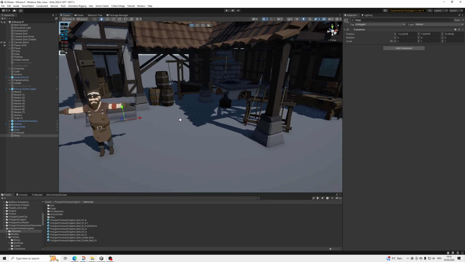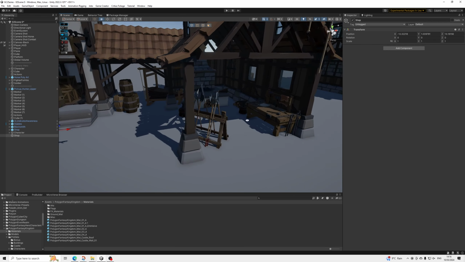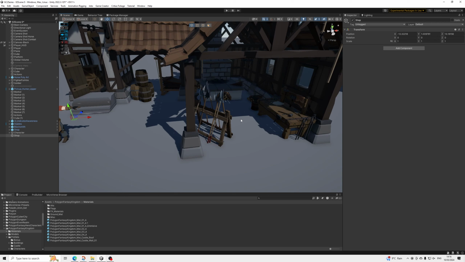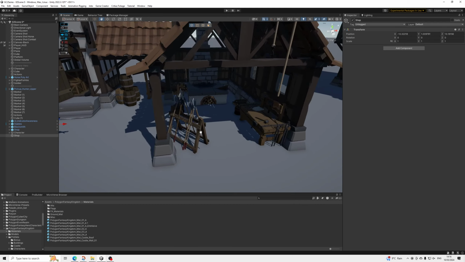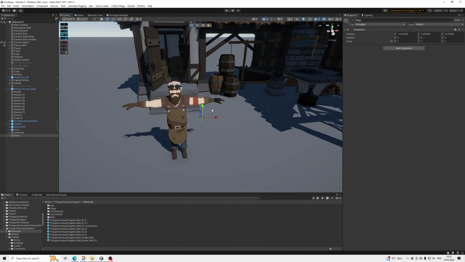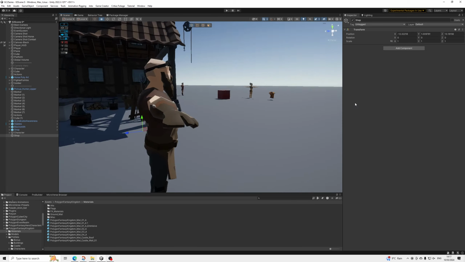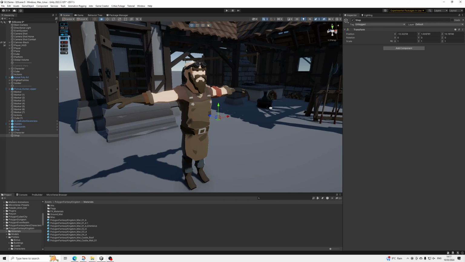So the example scenes for Game Creator have a couple of things. They have forge, crafting, merchant, of course. Yeah, they have a bunch of things. So we can filter what he sells, or what you can craft, but we can also filter what this gentleman is going to be